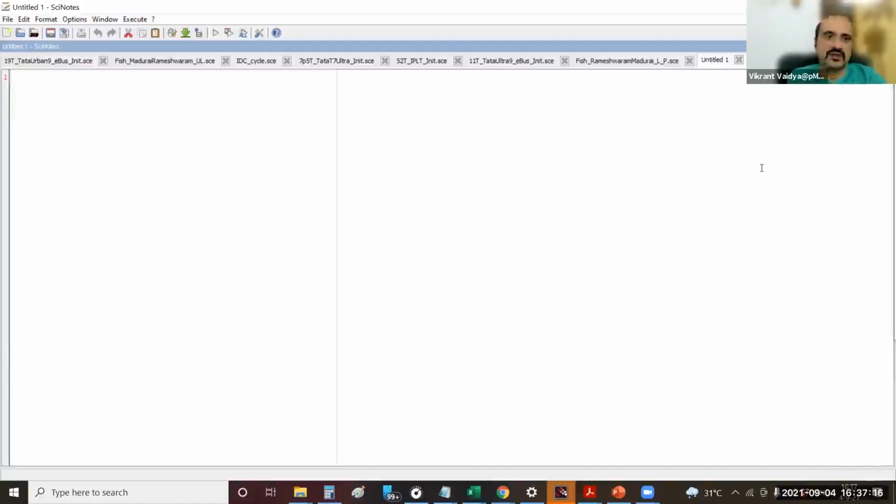Okay. So SciNotes basically is a scripting tool. The syntax is very similar to MATLAB or C if you have learned that previously. If not, no issues. It's very simple. As we do the scripting, we will also provide you how to do that. The variable definition is simple. You just name a variable and say equal to, and you can assign a number, or you can even do a calculation there. So I want to say 12 plus 34. I want to assign it here. So I can do that.